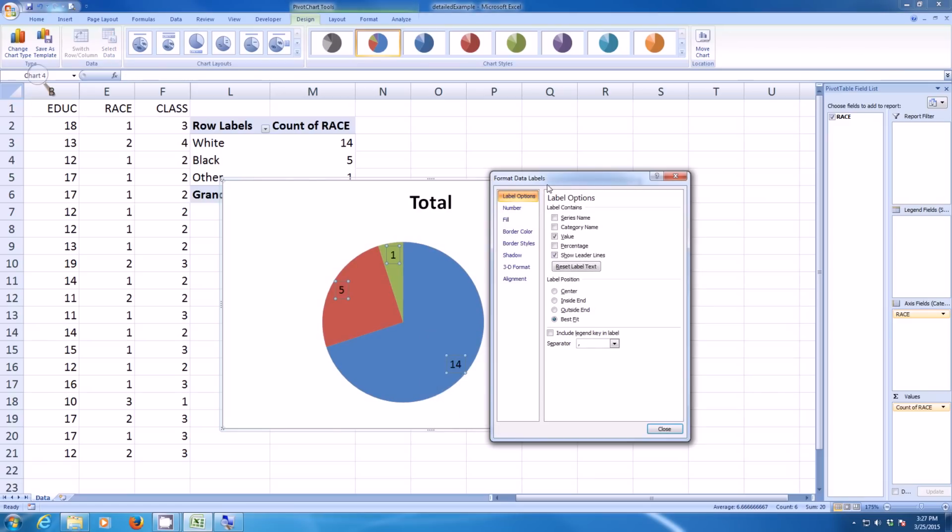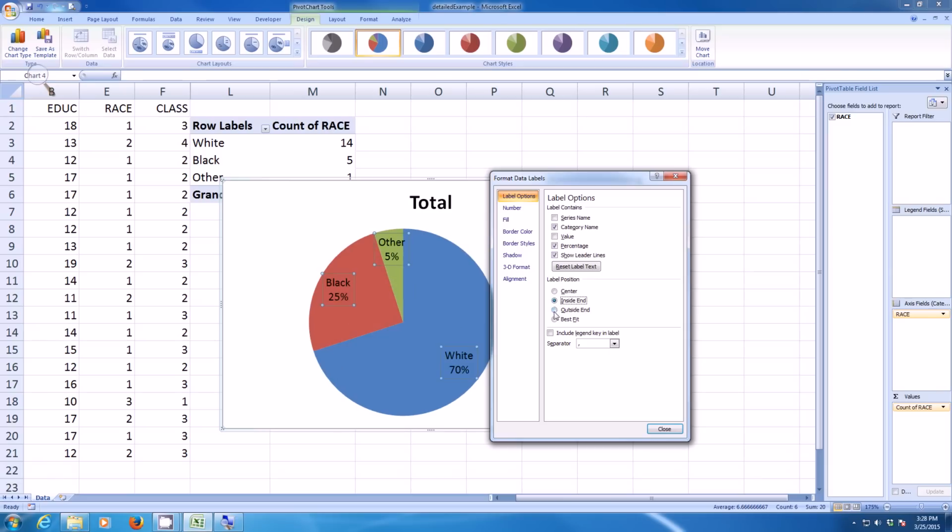For example, we can put in percentages rather than values by clicking the proper check buttons here. We can also add the category names if we want to. And then we can change the position. We can center them, or we can put them outside, or we can put them inside. It doesn't really matter because they're movable. And so if we click close,